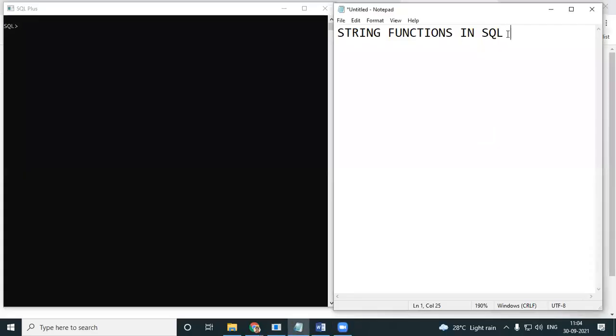We will be learning about various string functions in SQL. Just like we learned numeric functions, we will be learning the string functions with the help of our dummy dual table. There are several string functions, out of which we will learn a few like